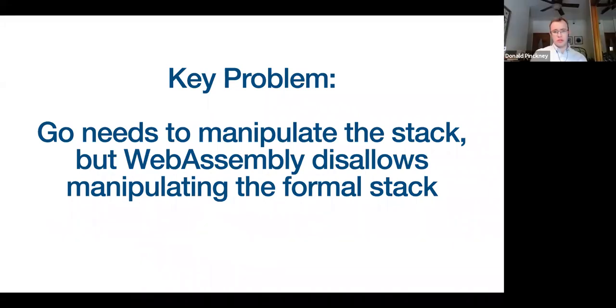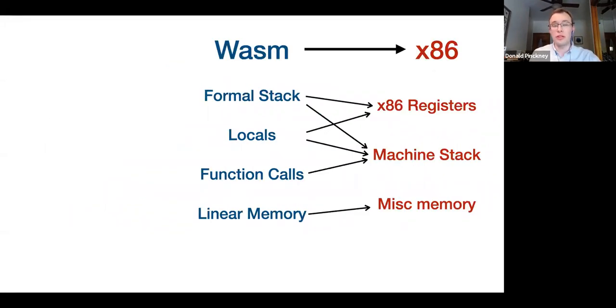Yeah, so the one sentence way to say the problem is that Go needs a way to manipulate the stack to switch threads, right? But WebAssembly just does not have any mechanism to do this, right? And if you have a mechanism, it has to be safe, which is perhaps why it doesn't have it. It's somewhat challenging. So to address this problem, our strategy is to take